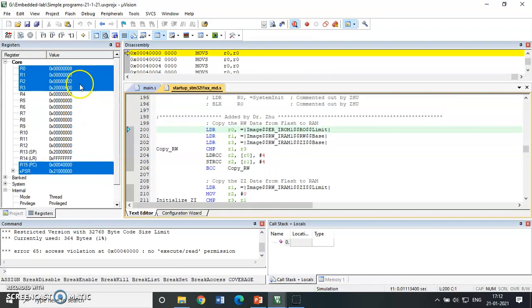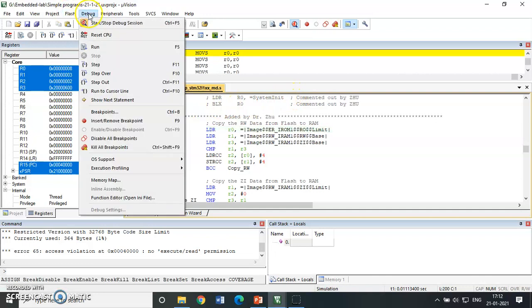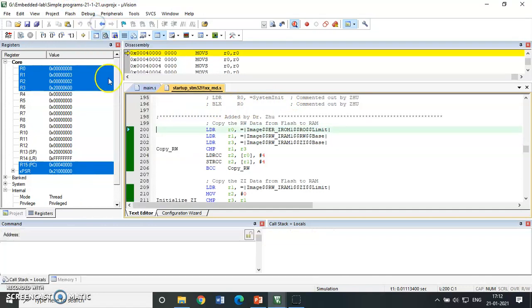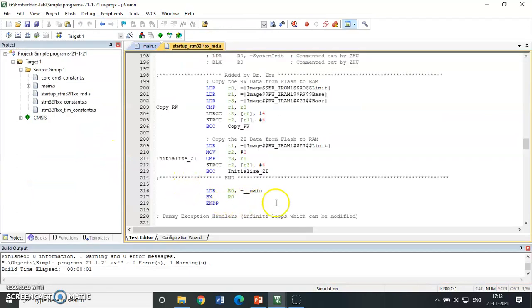The quotient will be stored in the R2 register. So 8 divided by 3, the quotient will be 2, and that will be stored in the R2 register. So that's all about the simple addition, subtraction, division and multiplication.